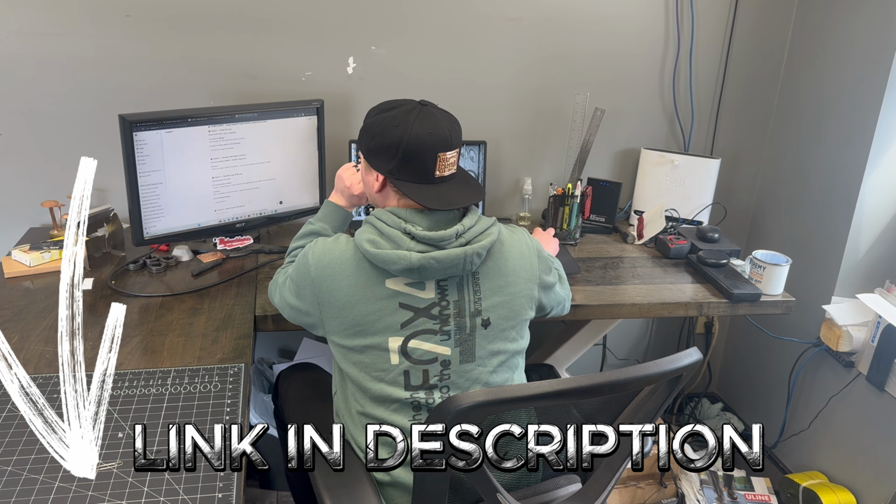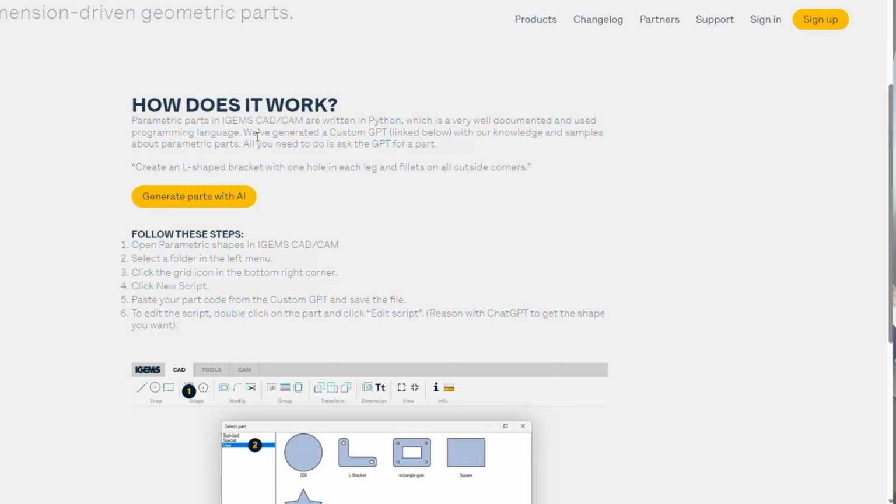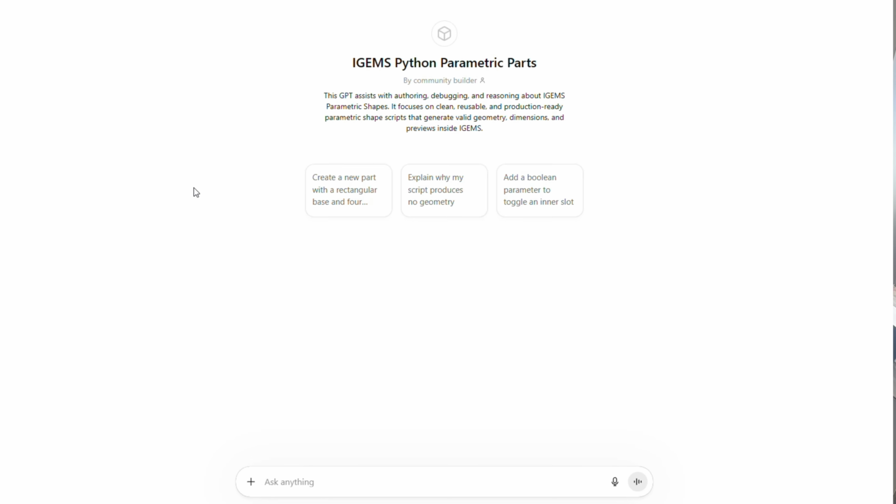in the description. This link will bring you to this page here. Once you click that link, you'll notice that it says IGEMS Python parametric parts. That means that it already has all the prompts from IGEMS in order to do it correctly for the IGEMS